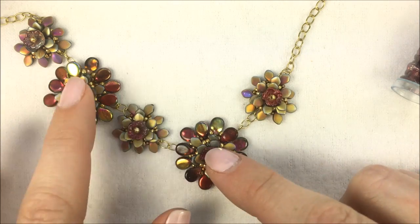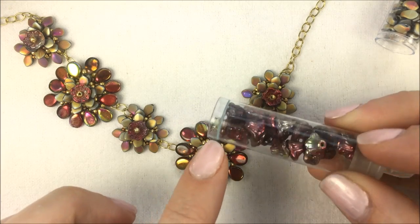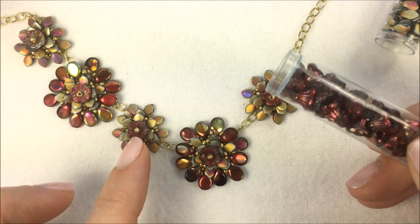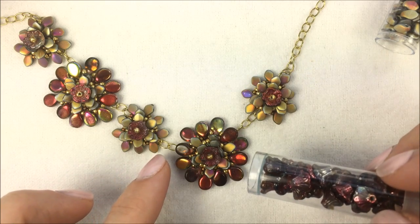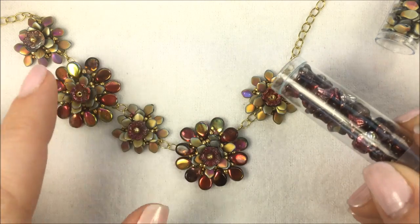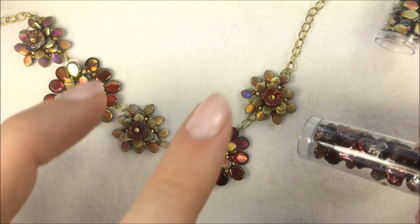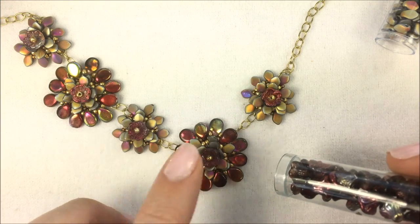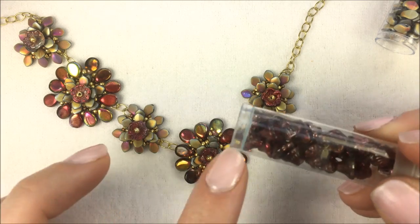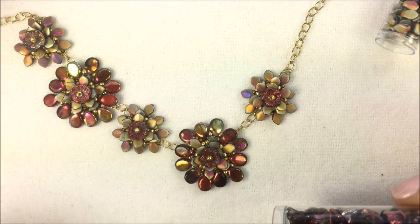In the very middle of each of the flower blossoms is a flower cup. And I'm choosing the Crystal Magic wine color of the flower cup. And you're only going to need 6 to 7 of these, depending on how many you want to do. If you want to do an odd number, you'll do 7. You need 1 for each of the middle of the flowers. You could also change it up and use a different bead in the middle too, a round bead or something like that. But the flower cups continue with that floral design and give a nice pop to the